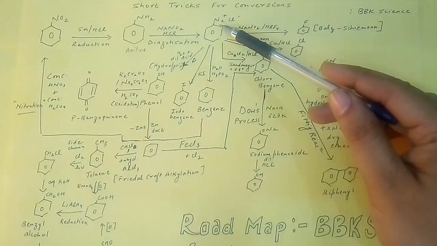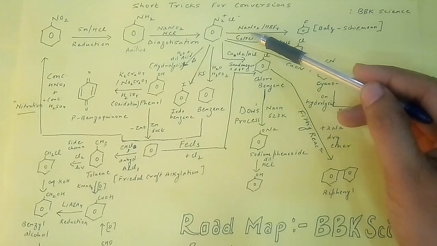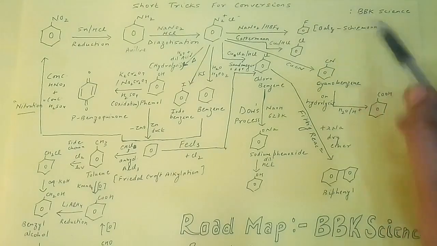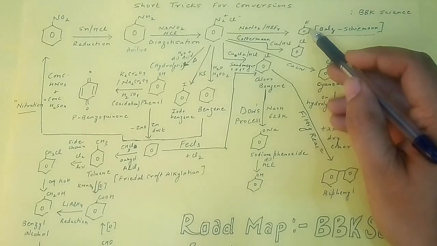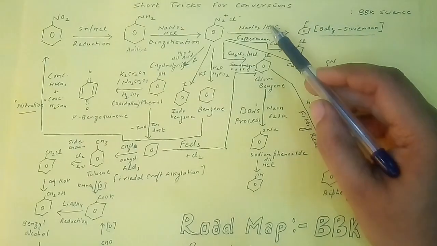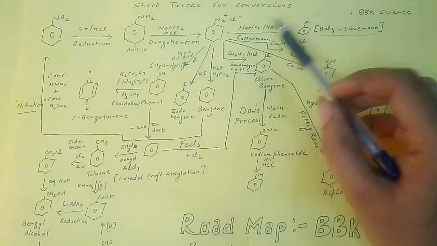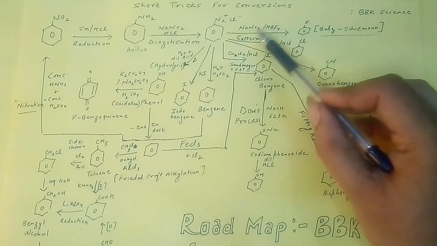And if I have to convert benzene diazonium halide into fluorobenzene, then I have to add NaNO2 in presence of HBF4, that is fluoroboric acid. And this particular reaction is known as Balz-Schiemann reaction, because we cannot add fluorine directly into any of the compounds, because the reaction becomes highly exothermic. So we have to add some reagent in between. So by Balz-Schiemann reaction, we can bring fluorine on any aromatic halide in the presence of NaNO2 by the help